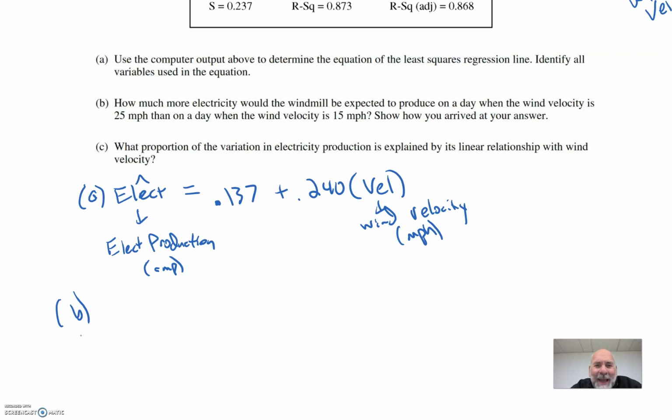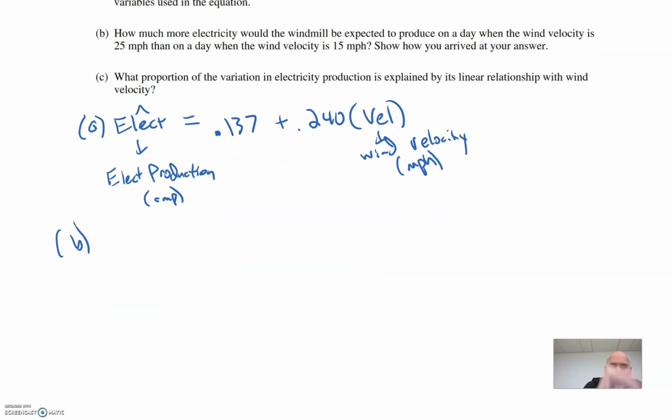Okay, question B. How much more electricity would the windmill be expected to produce on a day when the wind velocity is 25 than on a day when it's 15? And so the key on this is, if we think about it, it's the slope. So we're going from 15 to 25. So we're going over 10, and we're going up how much? Well, for every